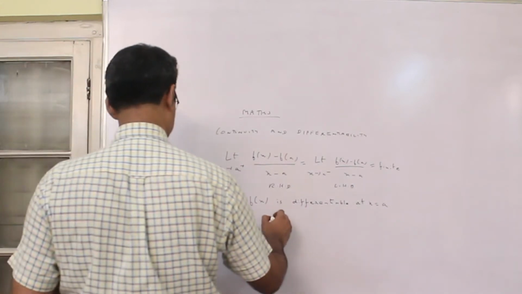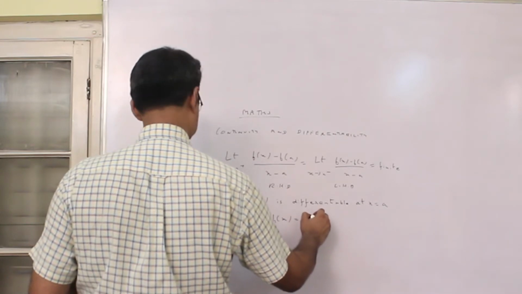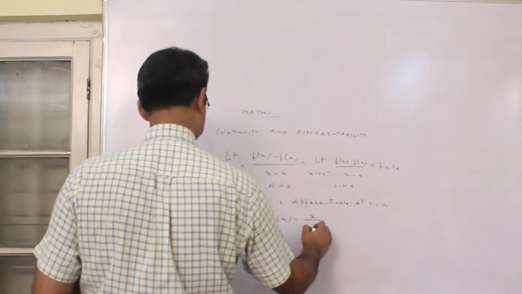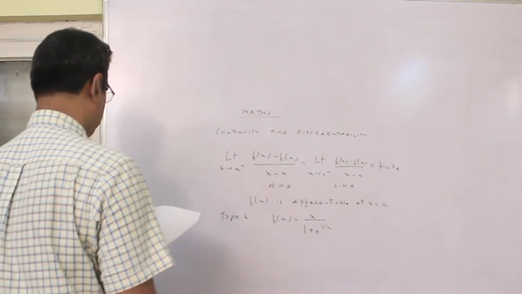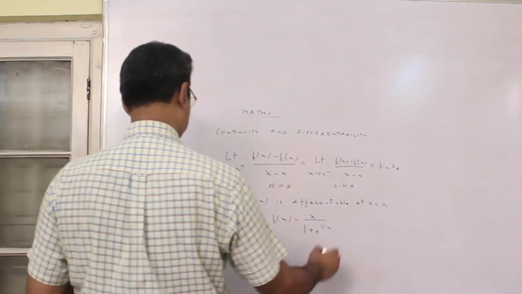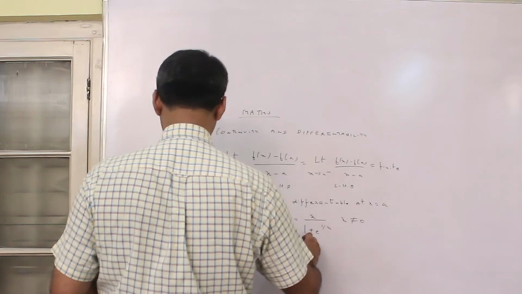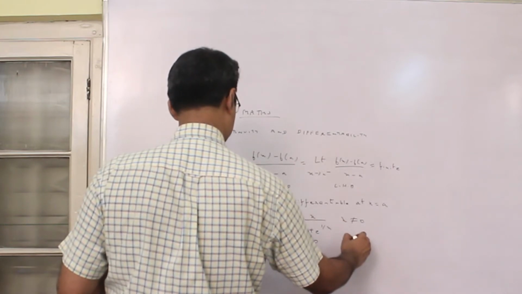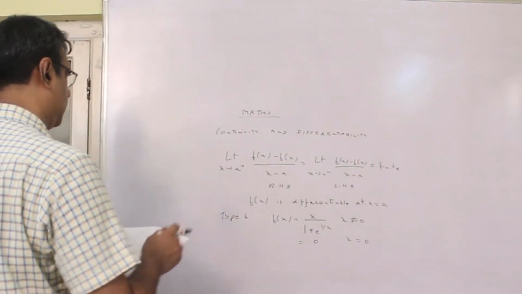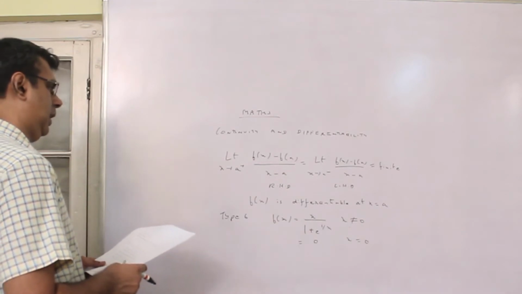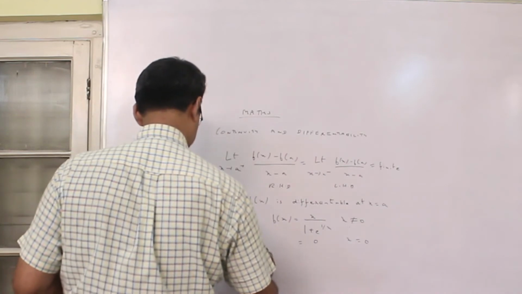In type 6, it is given f(x) equal to x upon 1 plus e to the power 1 by x when x is not 0, and it is equal to 0 when x is equal to 0. You have to examine the differentiability of this function at x equal to 0. That is the question. So first we take